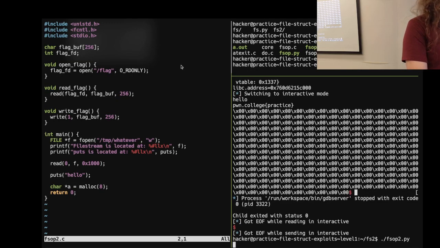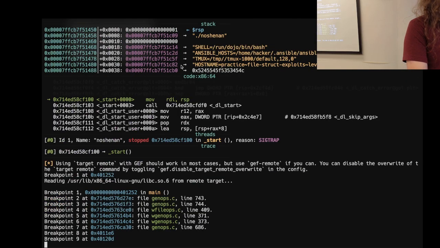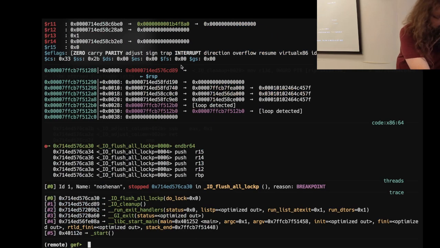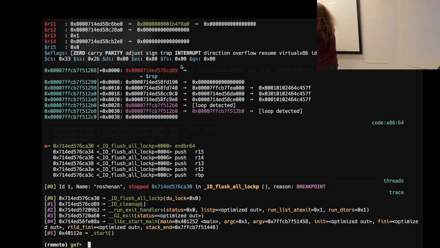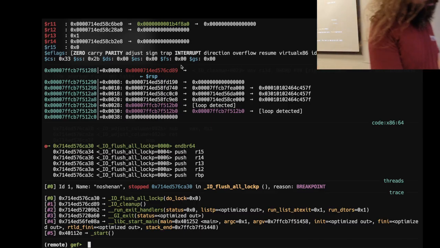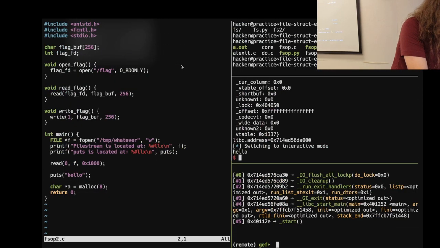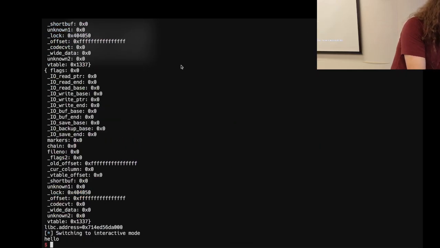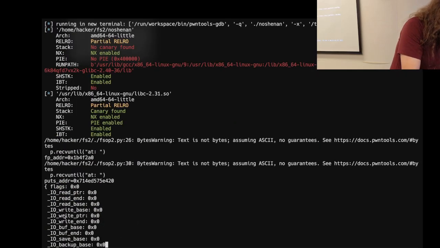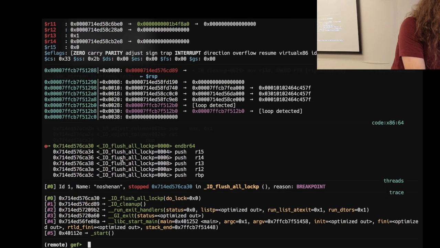And so the question is how did that happen? We have all of these convenient breakpoints here, right? And so I'm at the top of this IO flush all lock P. This is the function that is iterating through our file structs. And let's see, I think in my exploit code, I print out all of the structs that I write. And I also print out the address of